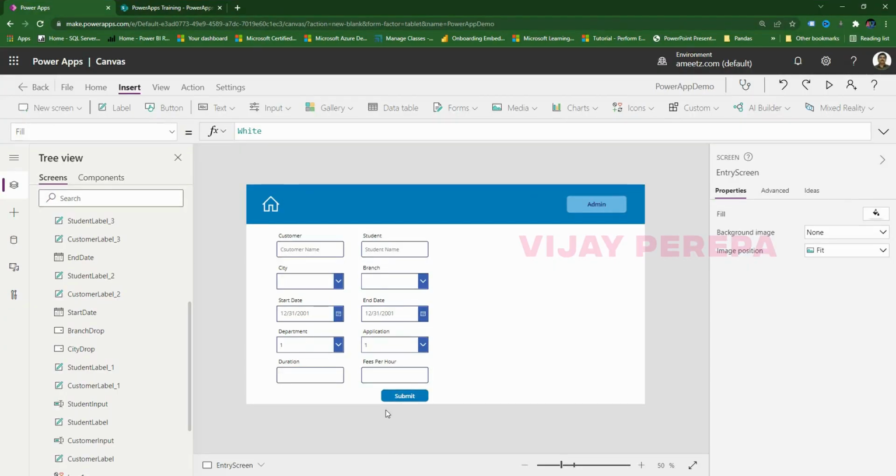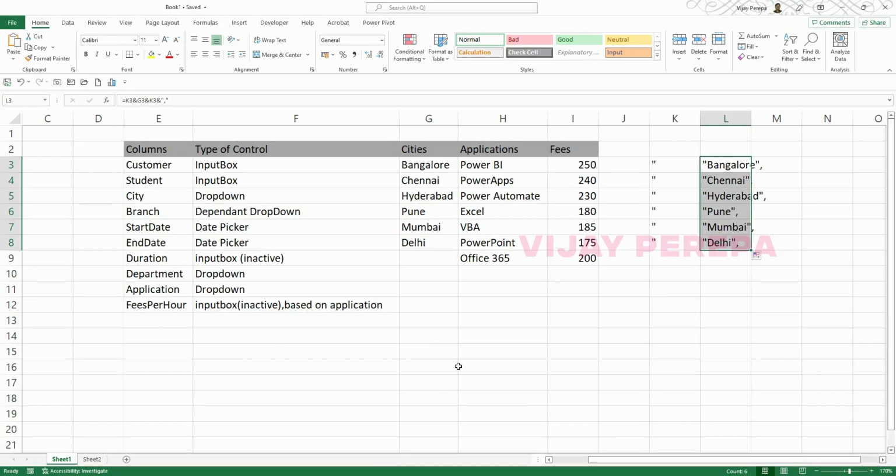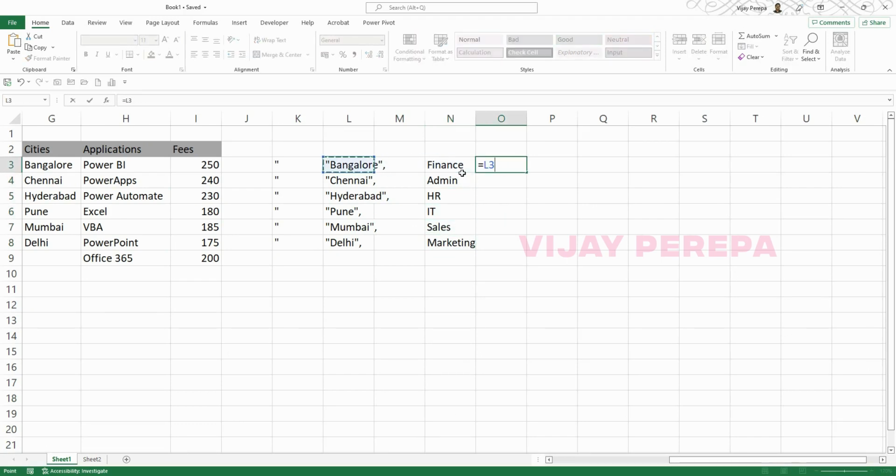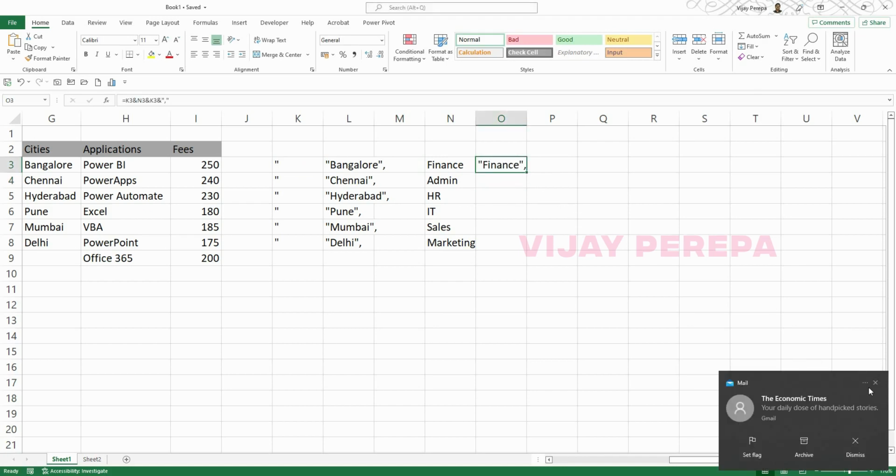We need to do the department. I have created the department list again. I think I have not created it, so let me create it quickly. So like say finance, admin, HR, IT, sales, and marketing. Same thing, just quickly do this: ampersand, and then this ampersand, this ampersand, and within double quotes comma, enter. Now if I just drag and drop,